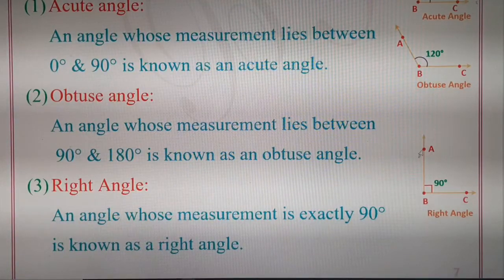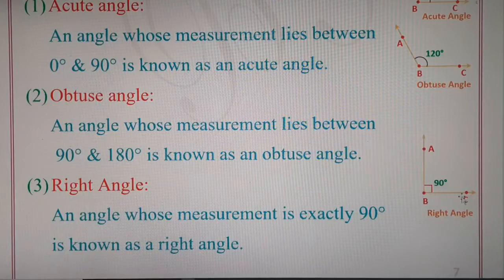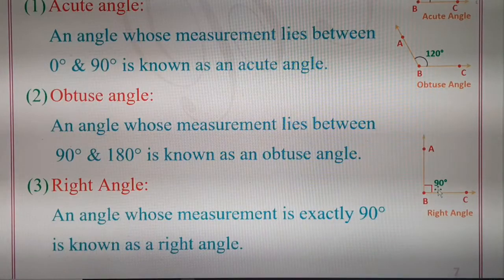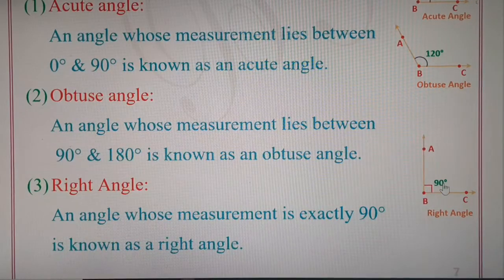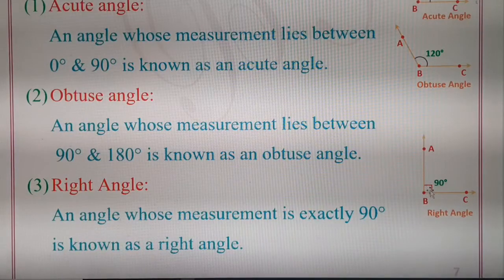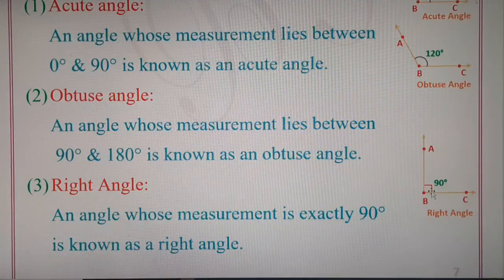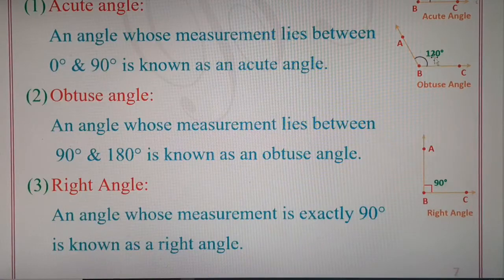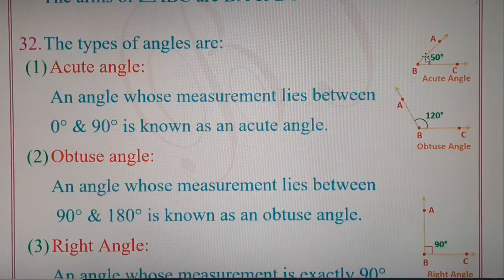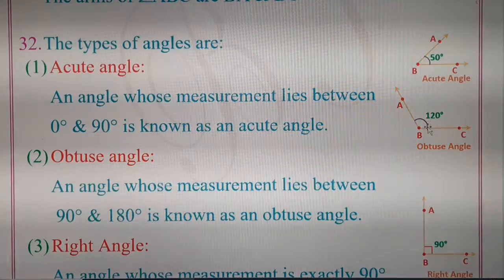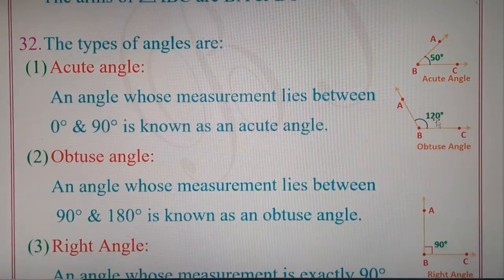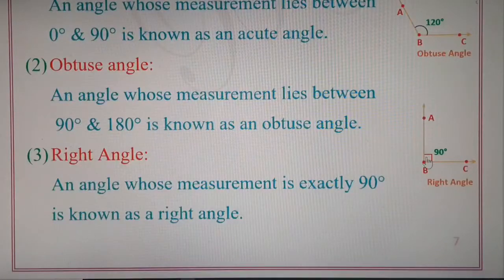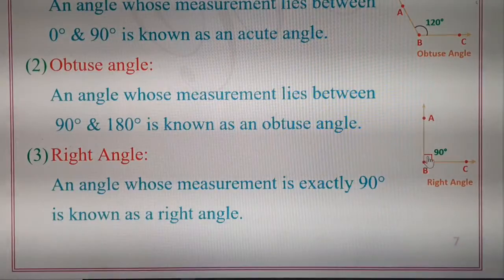In this diagram, angle ABC is given and its measurement is exactly 90 degrees. And children, you have to observe, when a 90 degree angle is given, this box symbol is given, which is called the 90 degree symbol, while in other types of angles, a curved symbol is given to write down the degree measurement. So children, please pay attention. When any angle has a different measurement, it will have this curved symbol and the degree measurement is written, while a 90 degree angle will always have this square symbol.